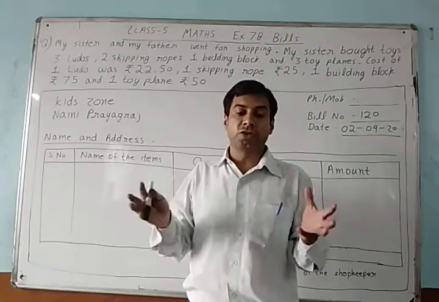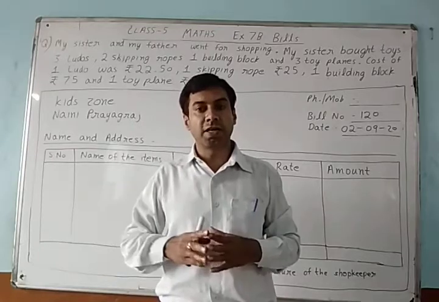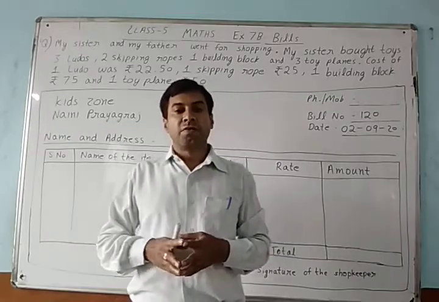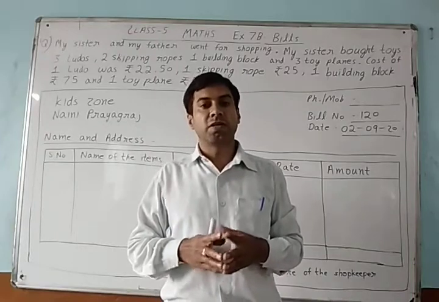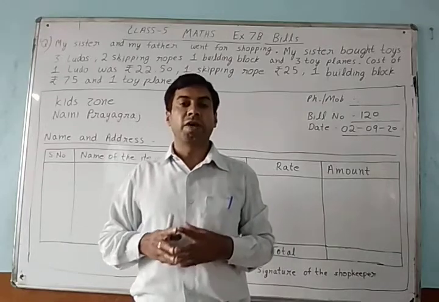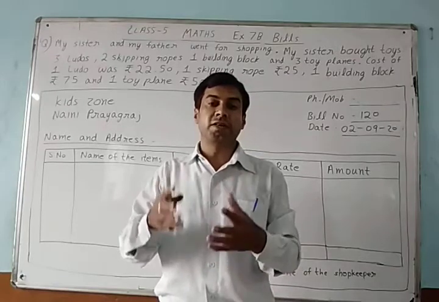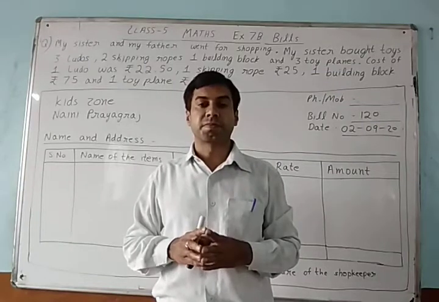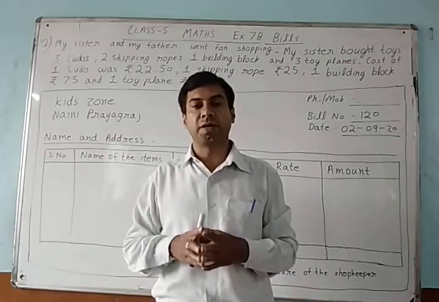Now there are different kinds of bills. We use electricity, we get an electricity bill. We use water, we get a water bill. We use a telephone, we get a telephone bill. We go to a restaurant and place an order, we get a bill. Students studying in school get a school fee bill. When you go to the market and purchase any good or item, the shopkeeper gives you a bill. That is a shopping bill.